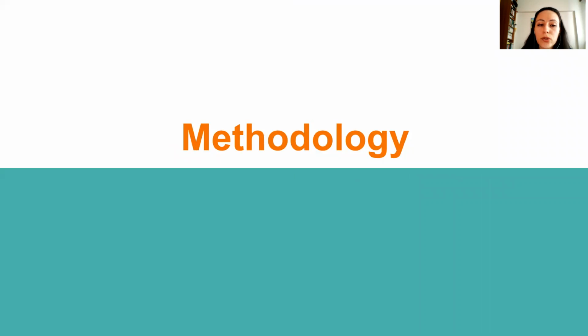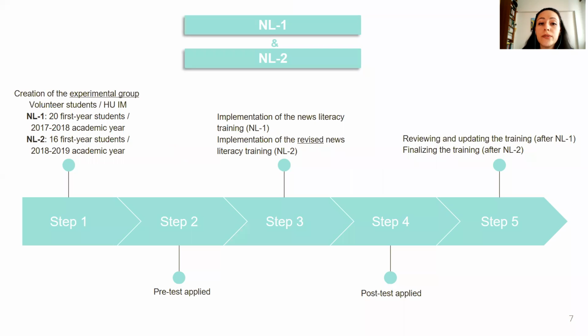When we look at the methodology, this study was conducted with the Hacettepe University Department of Information Management first-year students. Volunteer students who agreed to participate in the pre- and post-test and training program formed the experimental group. The study was carried out in 2 different academic years. In this presentation, the first year is referred to as NL1, in other words, News Literacy 1, and the second year as NL2. There were 20 students in the first year and 16 students in the second year in the